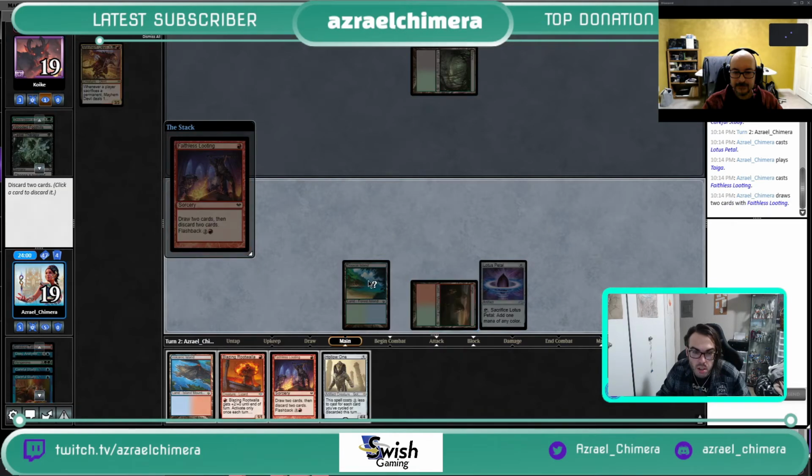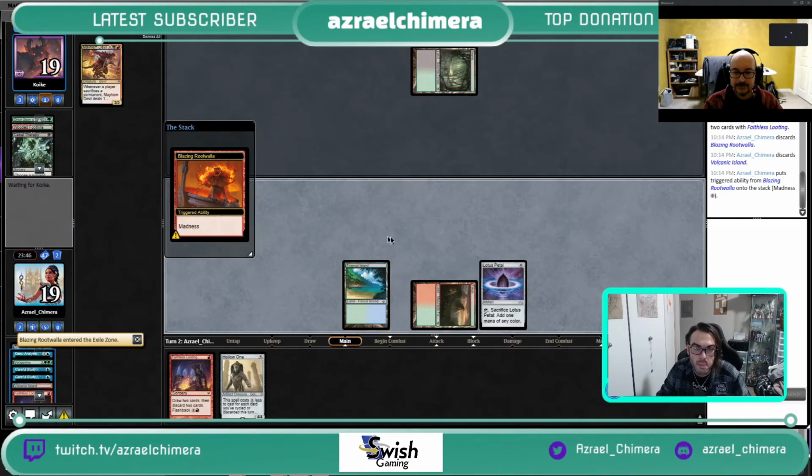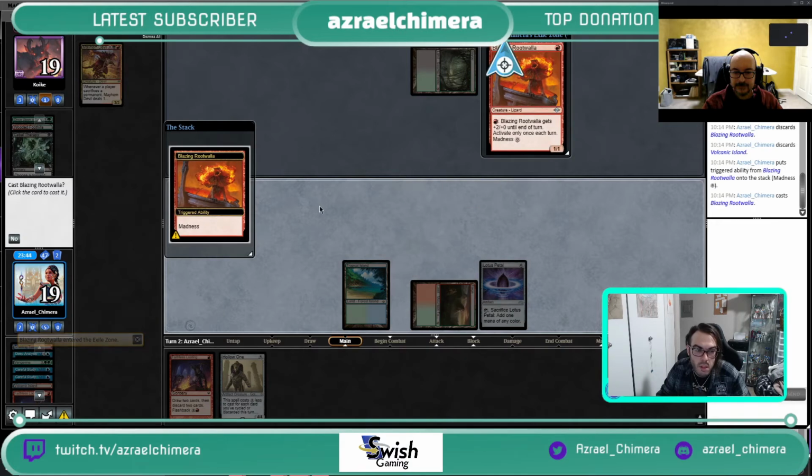Oh yeah, some Hollow Ones there. So I think we want to discard this Rootwalla, this Volcanic, and then cast Looting. I think so. Yeah, of the Petal. Yep. Cast